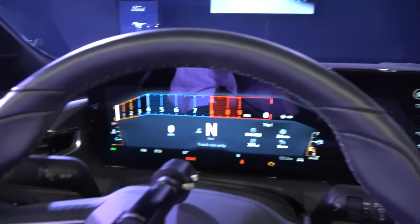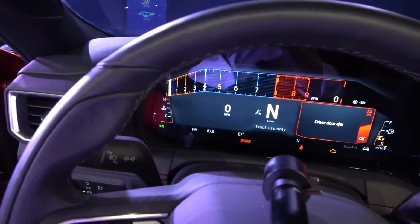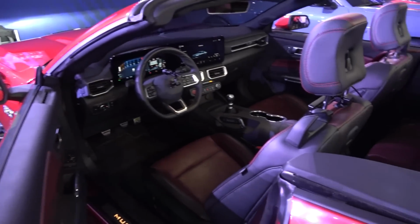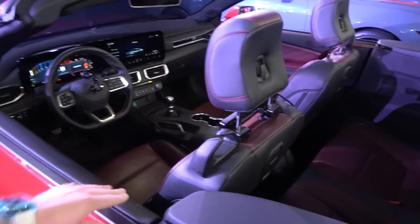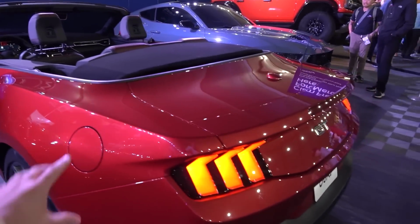And of course, we don't yet have word on pricing for the various different models. Expect for the GT $40 or so thousand. Dark Horse rumored to be in the region of 60,000, but we'll wait to find out a little bit more down the line. Certainly though, in terms of the design, while these things do tend to create discussion, this does